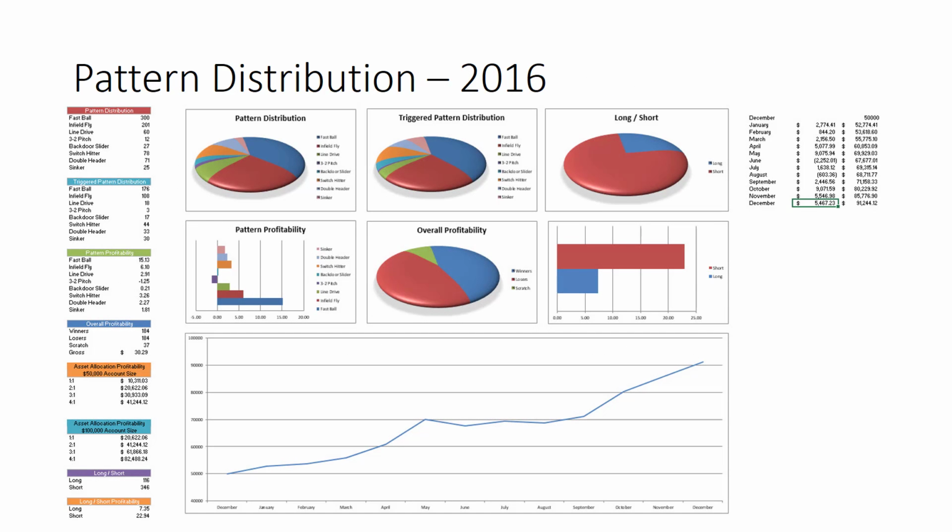And you can see here that in 2016, which was a slow year overall for the trading plan, if you look at the section there called fastball, in terms of profitability, 15.13 points per share were generated by that pattern over the course of the year. And that's pretty significant. Fastball is a runaway favorite with most people because no matter how much they know about trading, this one is very easy to wrap your head around. And it also happens to be a pattern that generates very, very consistent results over time.